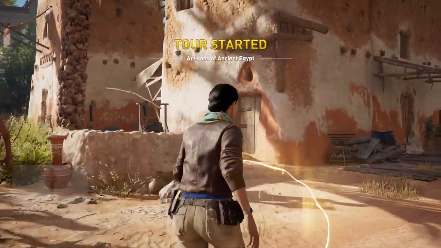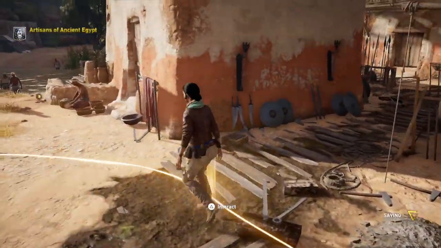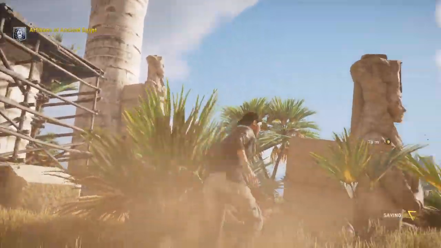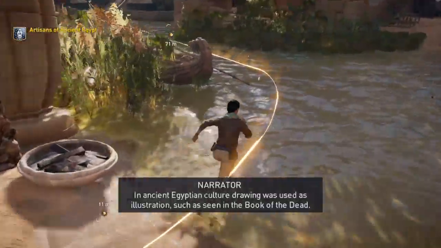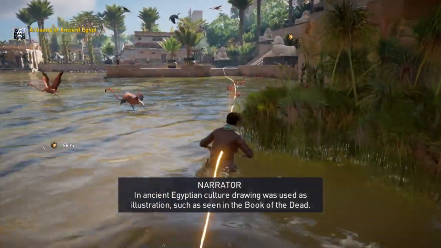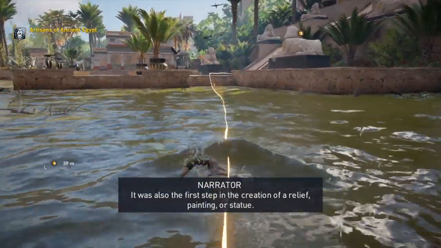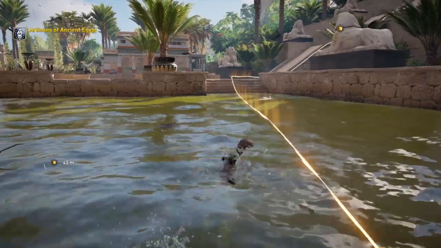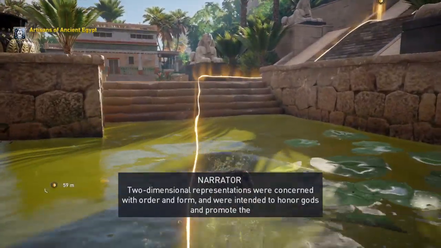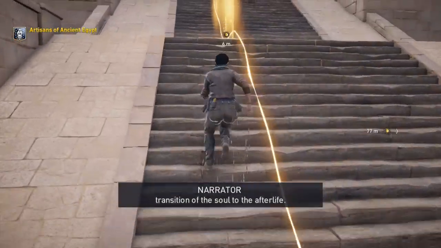Welcome to Ancient Egyptian Art. It was under the watchful eye of Ptah of Memphis, the god. In ancient Egyptian culture, drawing was used as illustration, such as seen in the Book of the Dead. It was also the first step in the creation of a relief, painting, or statue. Two-dimensional representations were concerned with order and form, and were intended to honor gods and promote the transition of the soul to...